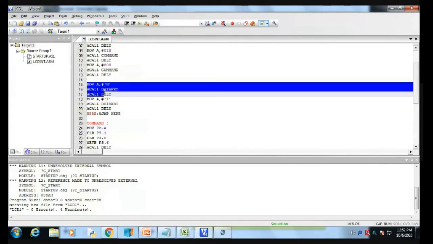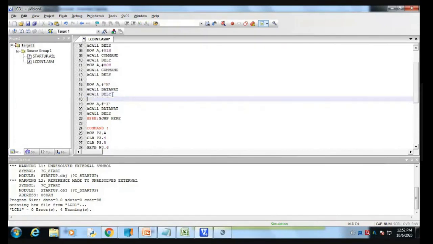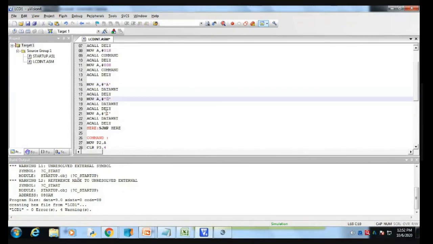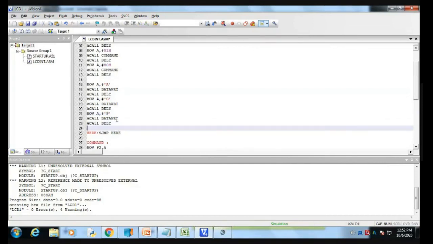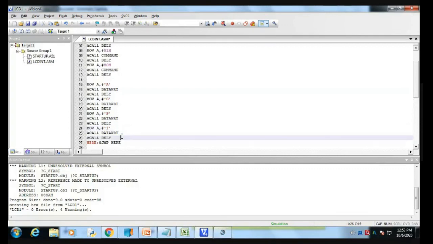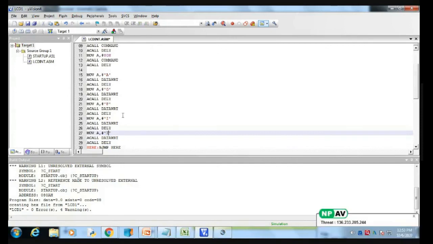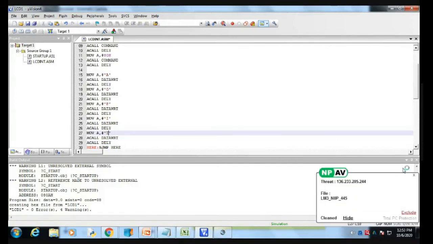Okay. So again we have to make the changes here into the program. I am going to make the changes into the program. Consider A, D, E, I, AGPIT. Okay? AGPIT.